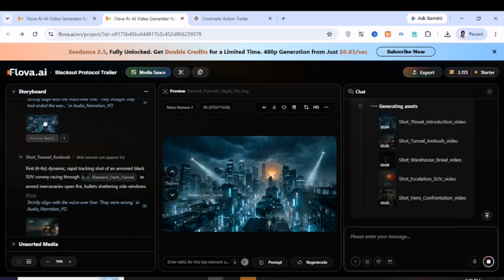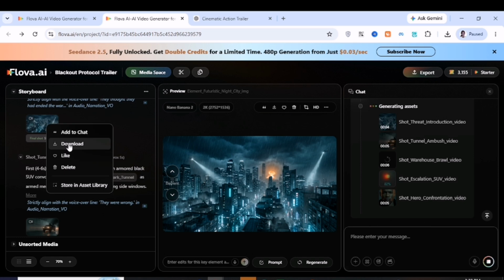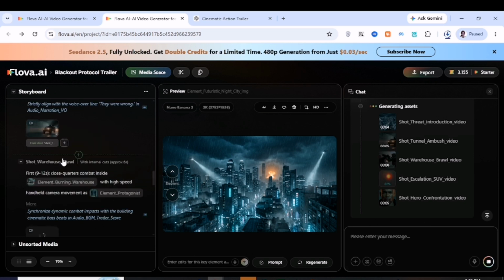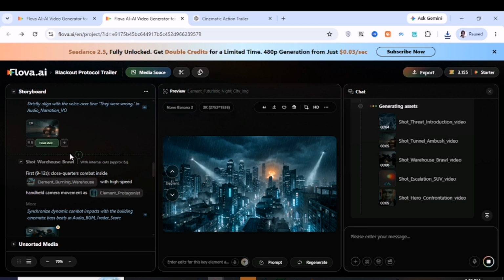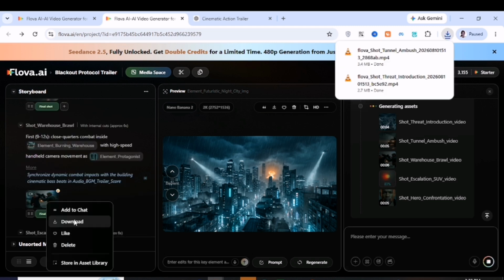And the beautiful part is, if there's any part that you are not satisfied with, right in this tool, under each video, you can just click on edit video. You will see the section right there, edit video. Immediately you click on edit video, it's going to edit your video and you are good to go.